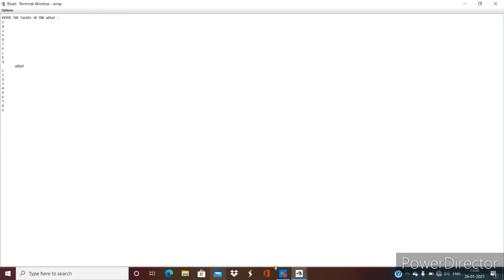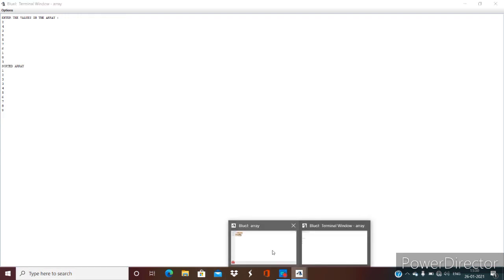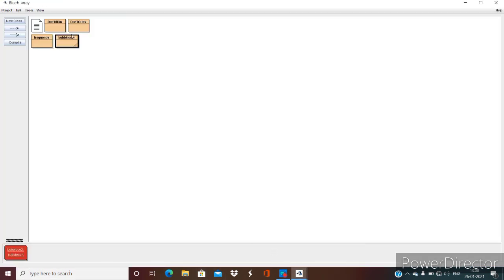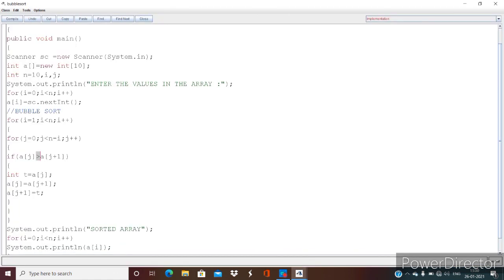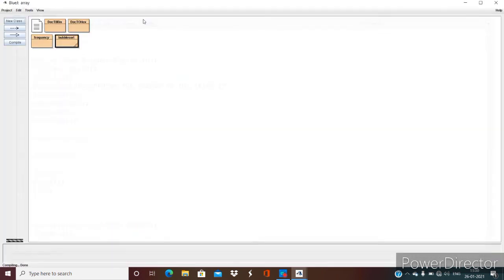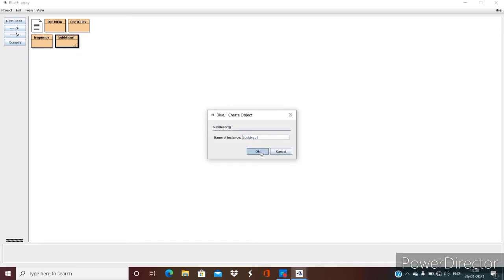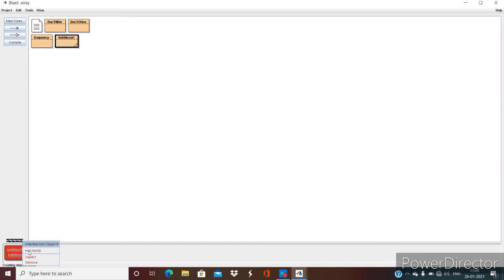Now if I want to arrange the same array in descending order, what did I say? We'll just replace this greater than sign with a less than sign. No other changes we are going to do. So let us see how it works. I'll again create an object of it, click on OK, execute the main.